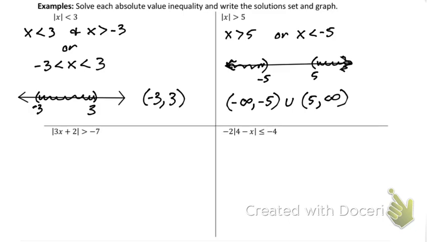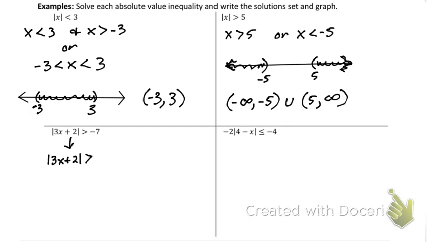So I'm actually not asking you when is 3x plus 2 greater than negative 7, because several of those don't work. Only 0 and up work. So that means negative 7 through negative 1 will not work. So that leads us to changing this to being absolute value of 3x plus 2 needs to be greater than,